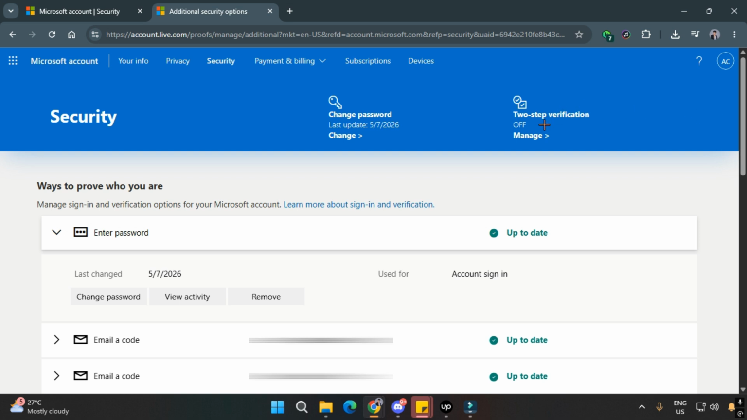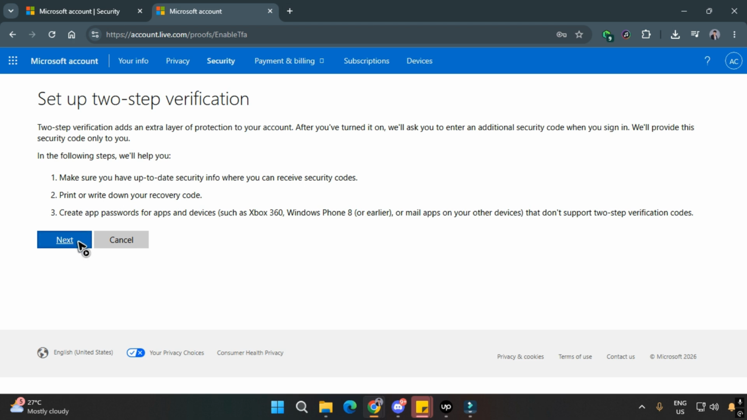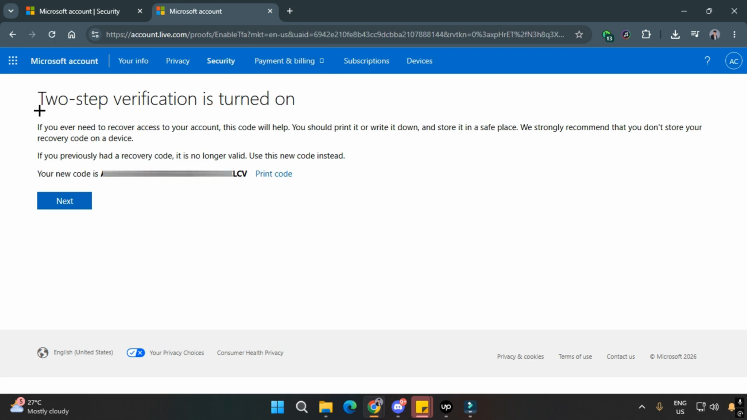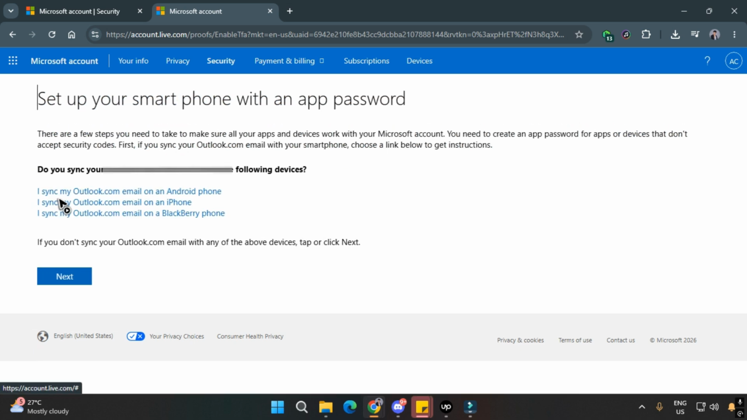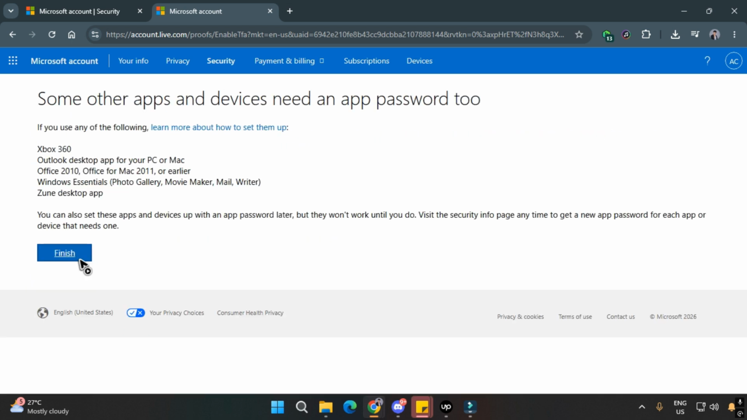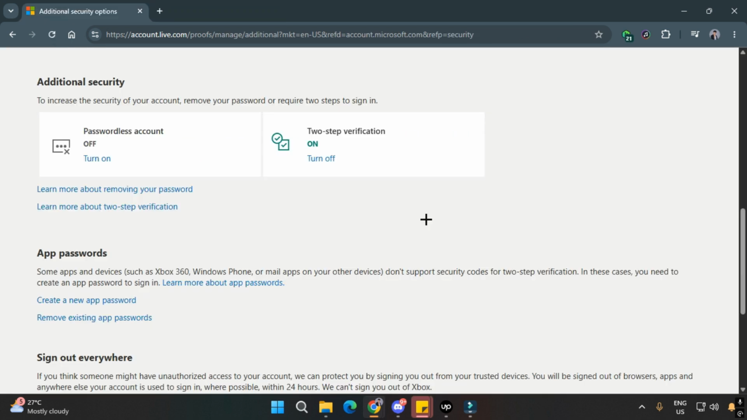a two-step verification process. Just hit manage, next, and you must ensure that your new code is copied and pasted, whether in your notes or on your desktop. Next, and now finish. Now, after enabling the two-step verification, simply scroll down until you see the app password, and now